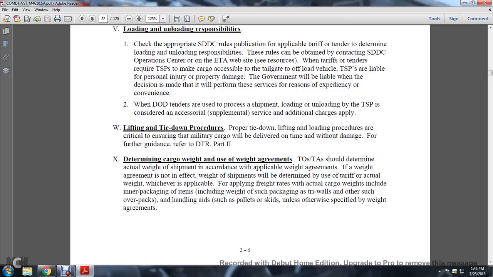W. Lifting and tie-down procedures. Proper tie-down, lifting, and loading procedures are critical to ensuring the military cargo will be delivered on time without damage. For further guidance, refer to DTR Part 2. Determining cargo